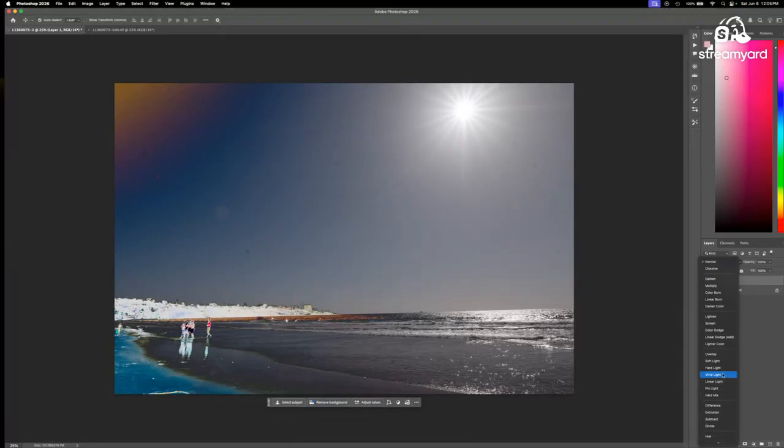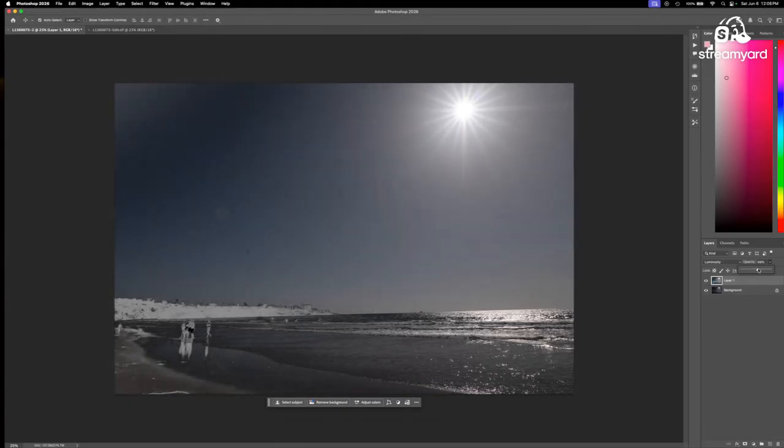And then let's go to luminosity blend mode. Spots on the sensor become visible. I'm actually kind of liking this solarized look, but let's try decreasing the opacity and see what happens.